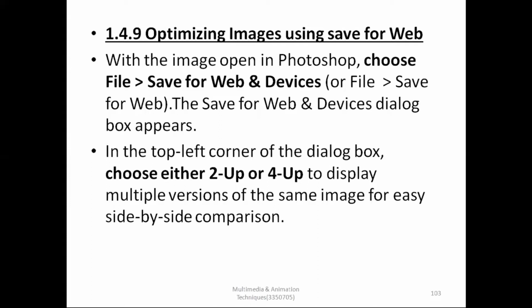So while you are saving your image for web and devices, or we can say to display on a web page, it will use a 256 color palette, from which 216 colors will be used. This is the difference between saving your image normally and saving your image for web and devices. After doing this, what will happen? It will show you the difference. See how it will be done. We will see it practically.